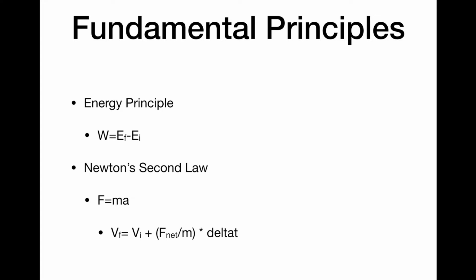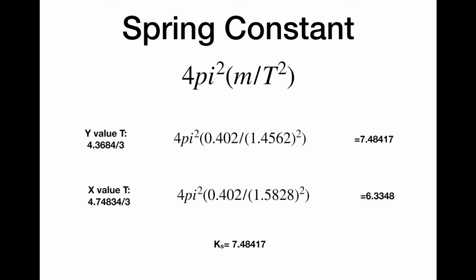In order to predict the motion of the oscillating mass, we will utilize a derivation of Newton's second law in order to predict the velocity and updated position of the mass at any given moment. The equation for this new velocity is equal to the initial velocity plus the net force over the mass times the change in time. Despite knowing the updated position and velocity, there are still a few values necessary to compute